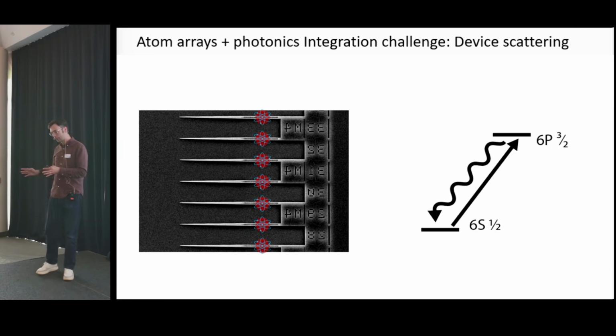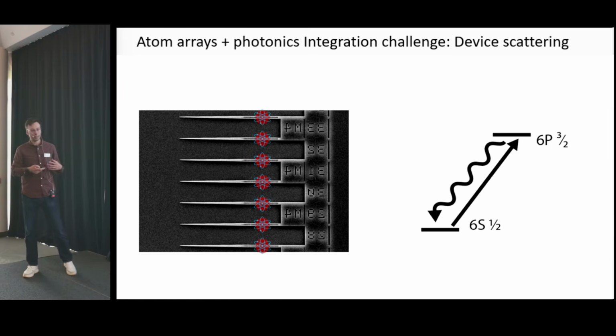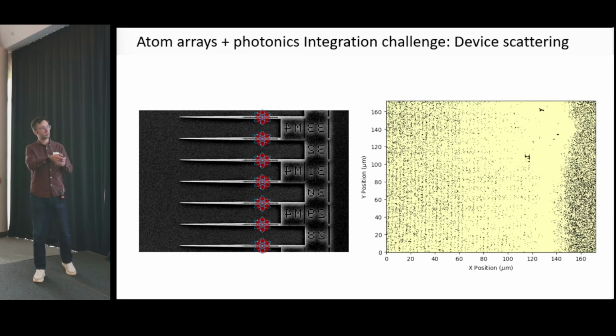Not everything that you do with atom arrays normally in an empty vacuum chamber works also with this nano-photonic chip. For instance, if you want to image the atoms, see where the atoms are, you typically would excite the atoms and collect the fluorescence, and you excite it maybe from different directions than from where you are looking, so you just see the scattered light. But here, because of the nanophotonic structures, there are a lot of scatterers, and you would basically just see a camera image like this. So you would be completely blinded by the light that is scattered from the excitation laser from the chip.